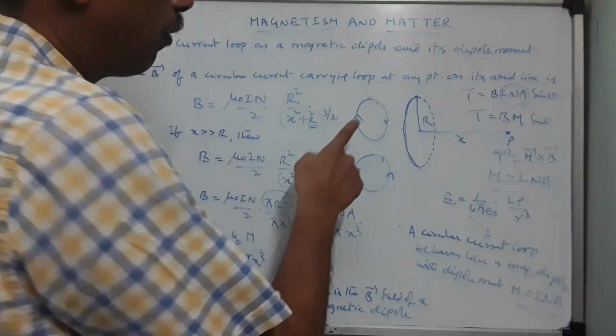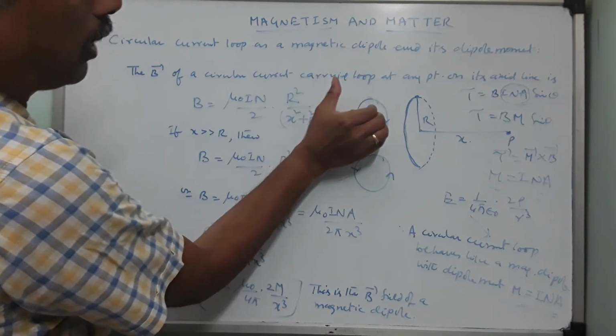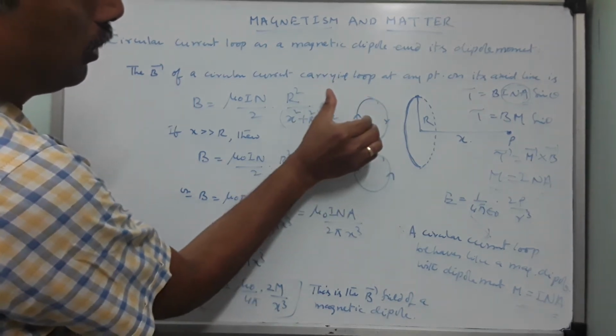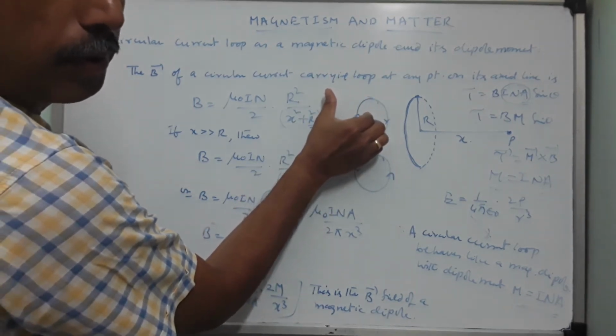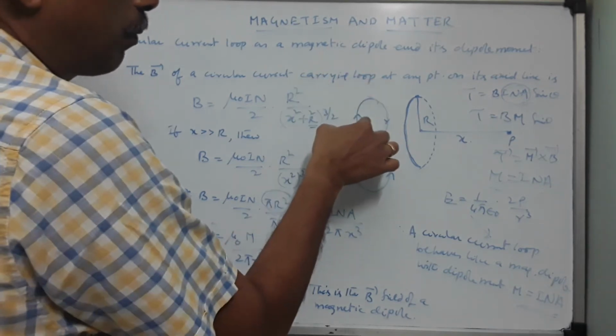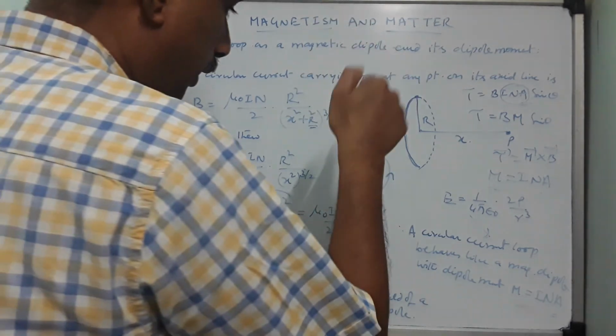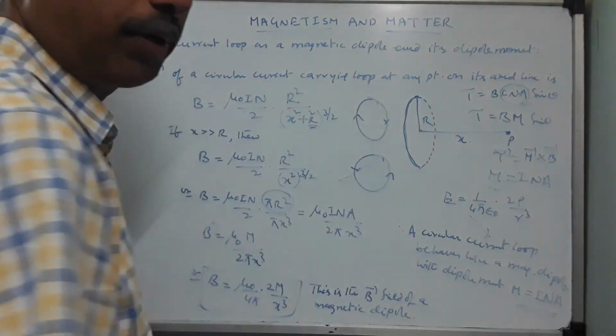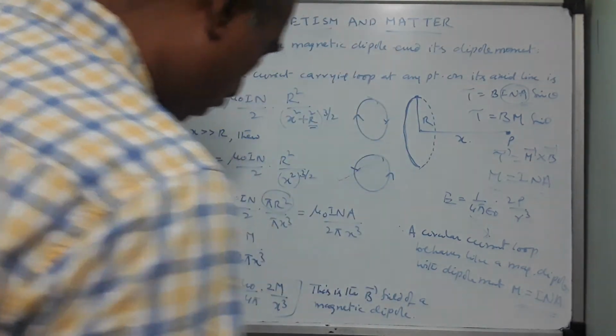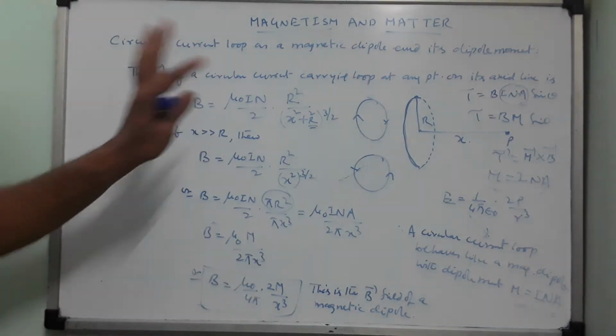the board. Here how do you see? Hold it like this. Thumb is upward direction, your fingers will go into the plane of the board. So dipole moment is also into the plane, area is also into the plane. Area is a vector which is directed for this coil into the plane of the board. Therefore dipole moment is also into the plane of the board. Clear? So this is the topic.